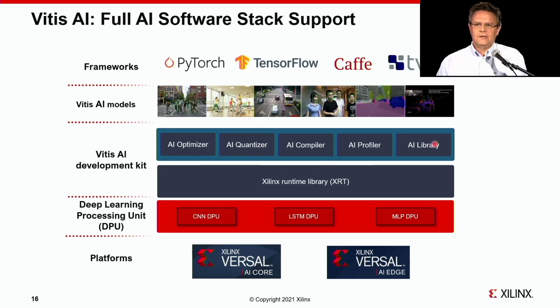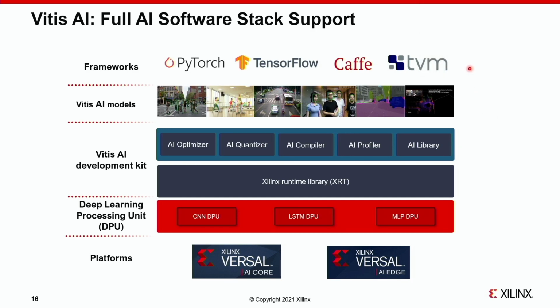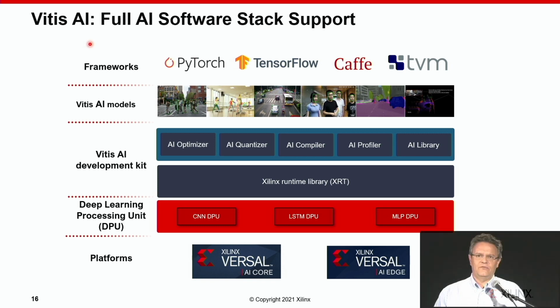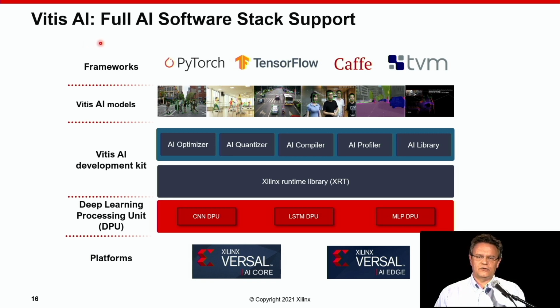Now, if we move up in the software stack and you don't want to program these architectures at the C++ level, supporting a full AI software stack is a must. Xilinx has the AI software stack. It's called Vitis AI. This slide just tries to give you a very high-level overview of the Vitis AI software stack. As you can see, it supports all these ML frameworks. It provides multiple tools like optimizers, quantizers, profilers, and libraries that will be used to program